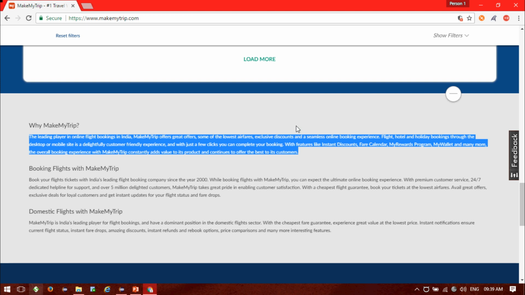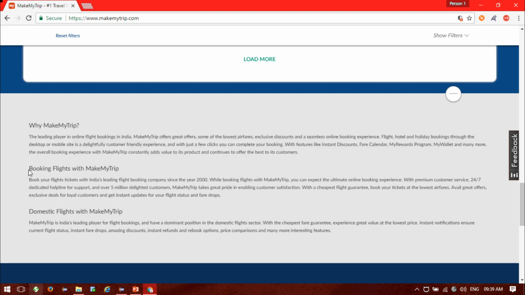This is the leading online travel company, with the best offers for its customers. Next, booking flights with MakeMyTrip. This also contains book flight, the ticket, the leading flight and so on. Your flight status and fare drops. Next, domestic flights with MakeMyTrip. So these three huge paragraphs, I need to check if they exist in the MakeMyTrip homepage